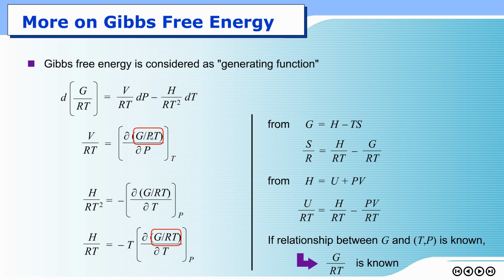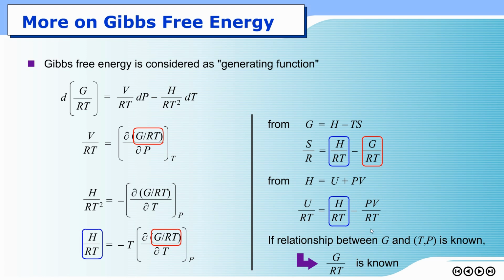If you do differentiation with respect to pressure at constant temperature, you can get this term, which is volume. If you repeat the differentiation, but this time differentiate with respect to temperature at constant pressure, then you get enthalpy, okay? Again, if this is known, and enthalpy here, which was previously calculated, the blue term here will be moved here. The right hand side are all known. That means you can calculate entropy. And when you put enthalpy here,